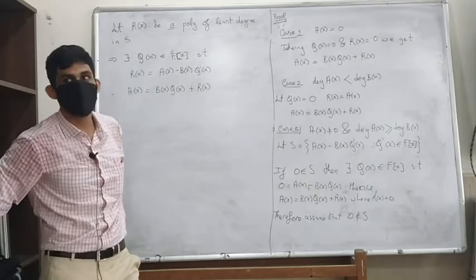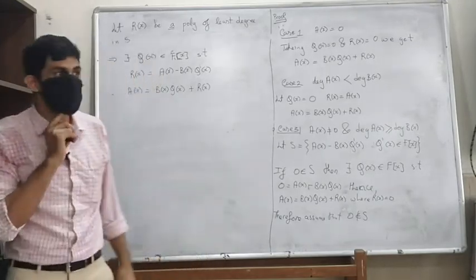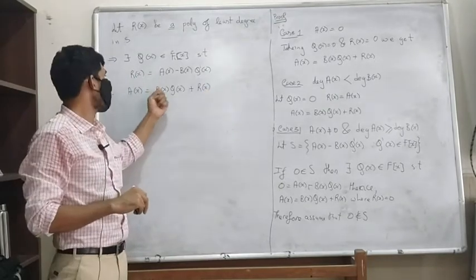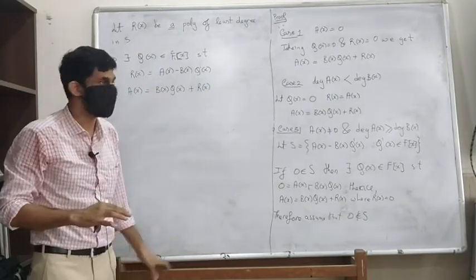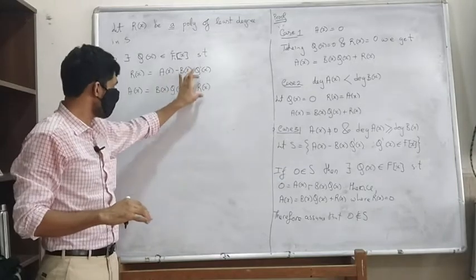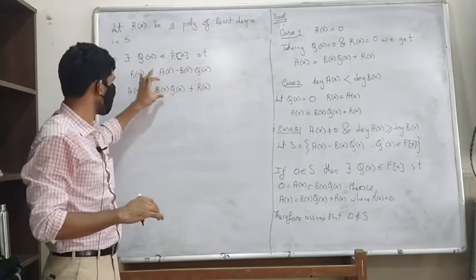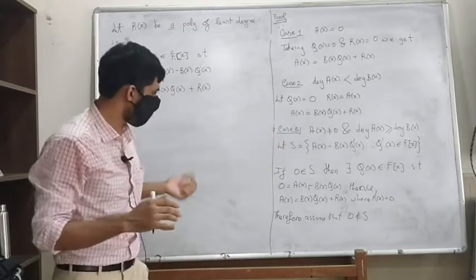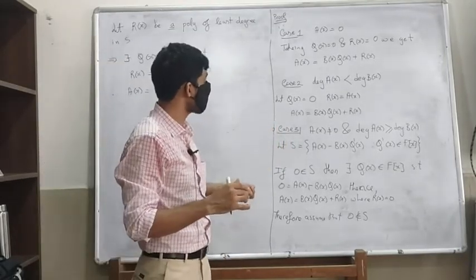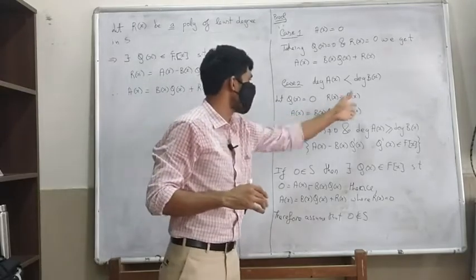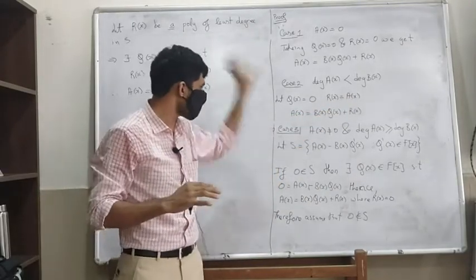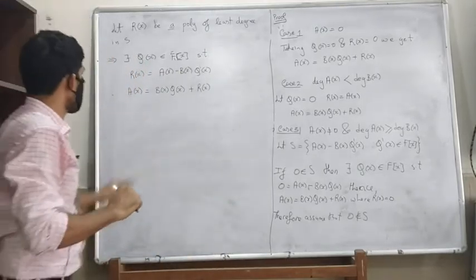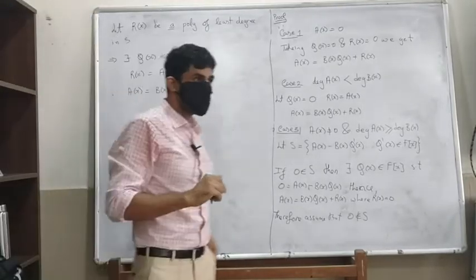We have not shown something very critical. We need to show that the degree of R of x is less than the degree of b of x. We know that R of x is non-zero, but in all other cases, either R of x was 0 or its degree was less than the degree of b of x. So that is fine. In this case we still need to show that